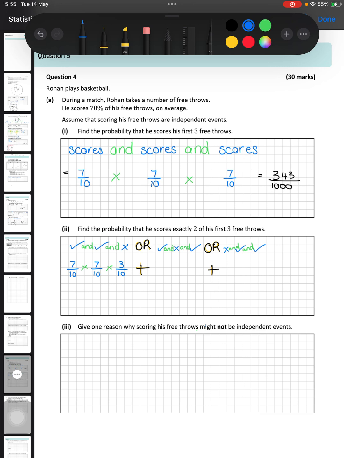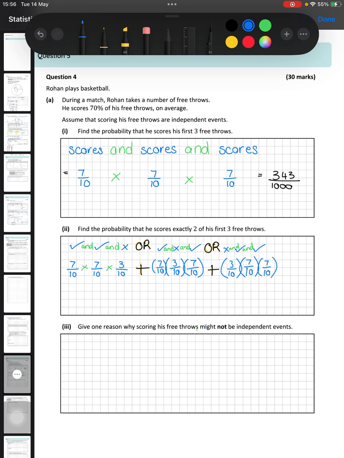Okay, so if you wanted to do it out like that, you would have 7/10 for scoring it, 3/10 for not scoring it, and 7/10 all multiplied together again. And likewise here, 3/10 for not scoring it, 7/10 for scoring it, and 7/10 for scoring it. Okay, so 7/10 by 7/10 by 3/10 is